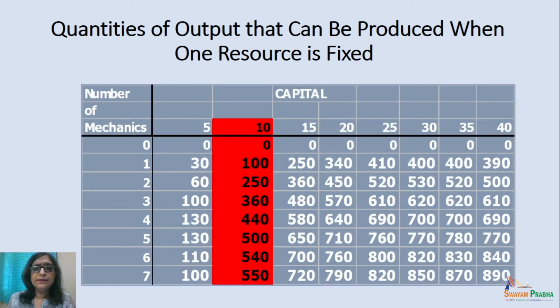Okay, now let us see this table, which will further clarify what we mean by short run. Let us say this is a firm which is using both labor and capital. Mechanics is the amount of labor, whereas capital is a fixed factor of production. Now it has various combinations of labor and capital it can use, but you see this red column of capital is kept constant, and then we are seeing if you are using only 10 units of capital but the number of mechanics is changing, what is leading to the change in output. Moving further,